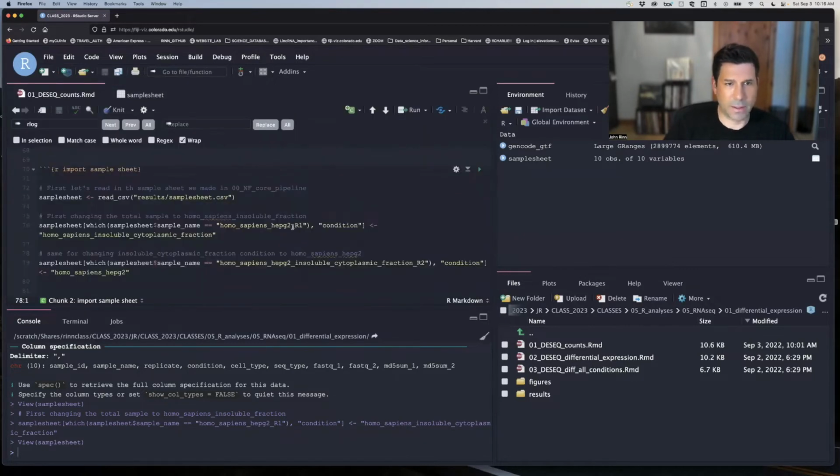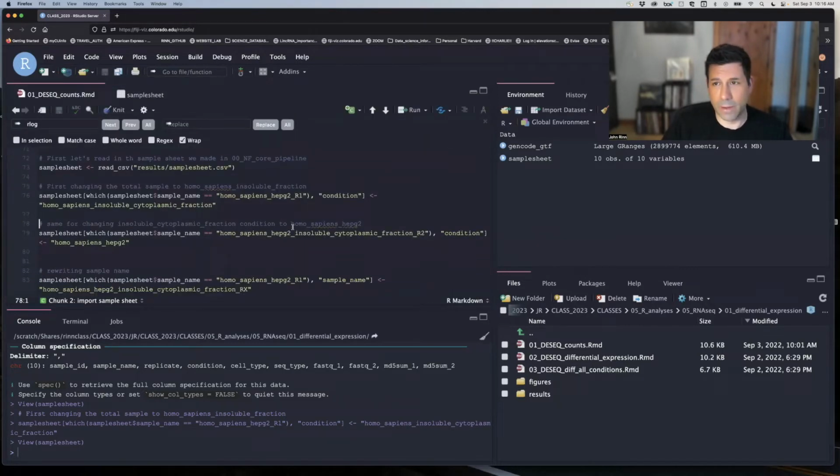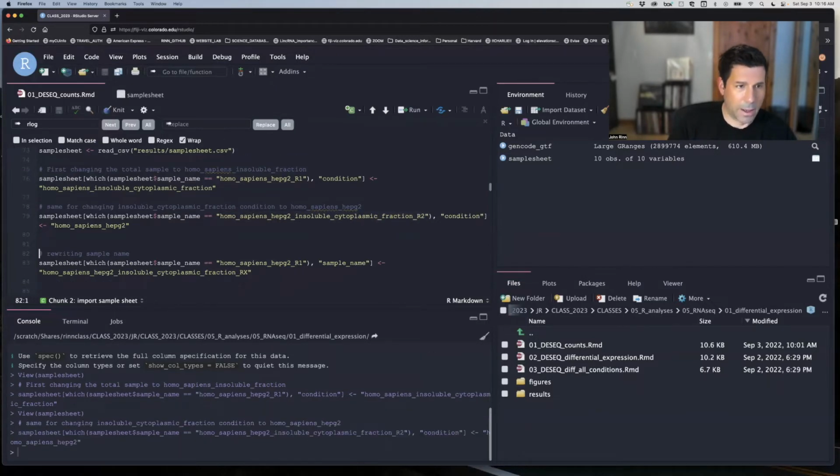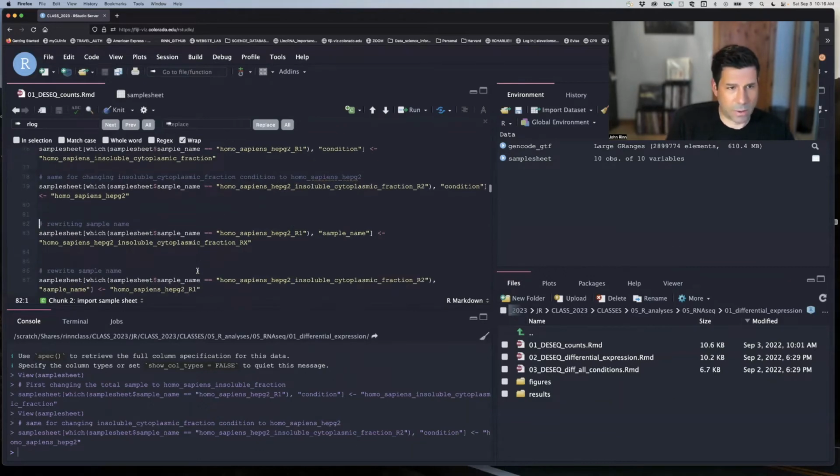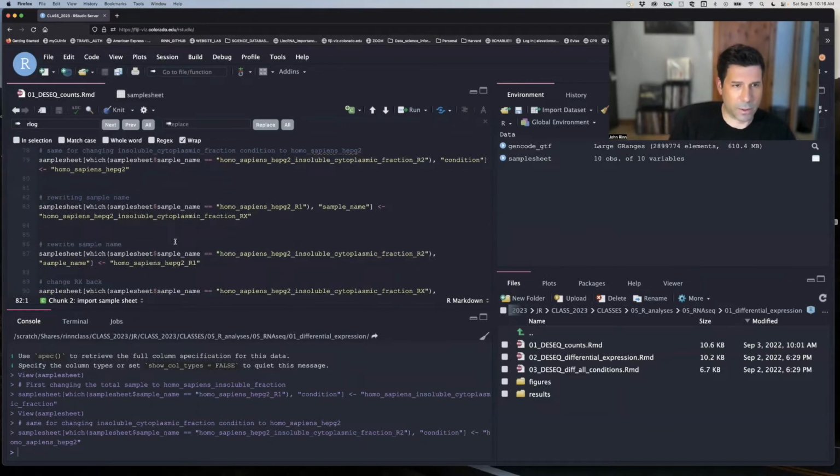I apologize that this is confusing, but it's a good example of how even the most careful people can sometimes have mistakes you have to be aware of. Okay, so we've changed that one. Now I'm just going to change the condition of this cytoplasmic one to total RNA. And I'm using the same strategy here, so I'm not going to go over it. You can pause and look through it, except I'll point out that here we now need to change the